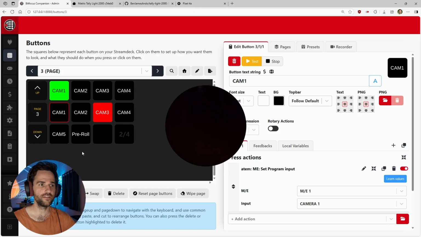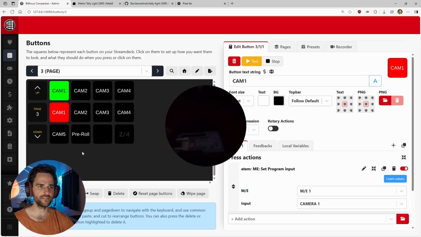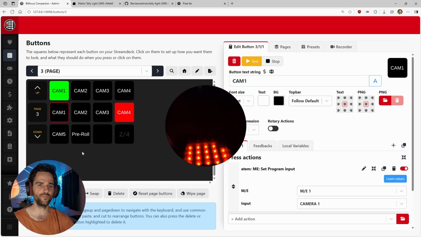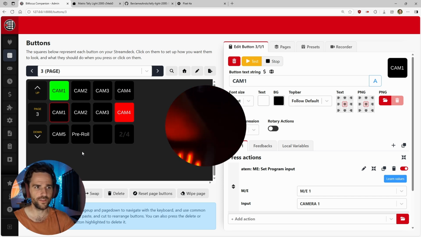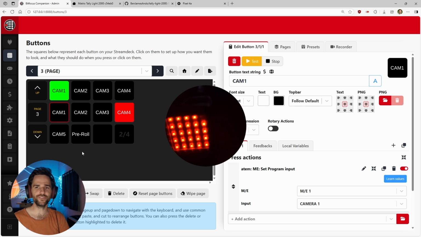As you can see, I can rotate the tally light this way and it cuts to camera 1, rotate it this way, cuts to camera 4. But again, you could have it cut to bars and tones, or cut to an announcement, whatever you want to do. It could be just for fun, or you might think of a really good use case. So let's have a closer look at how it works.